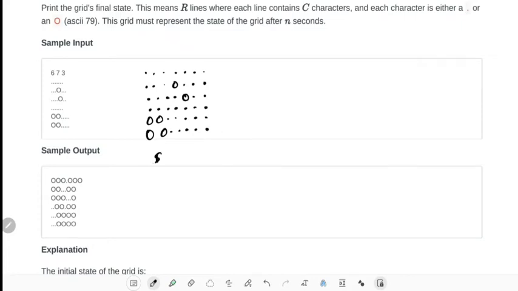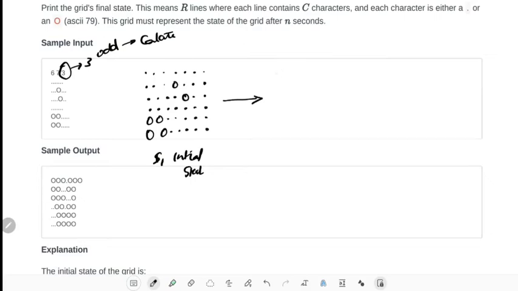Okay, this is state 1 or the initial state, and we have been given time as 3. Since time is odd, we have to calculate. If it is even, then we can directly return the output as all O's, but here time is odd, so we have to calculate.